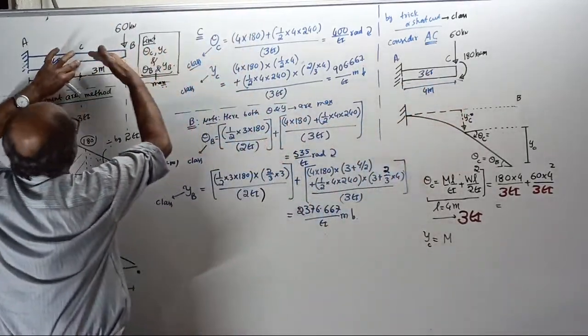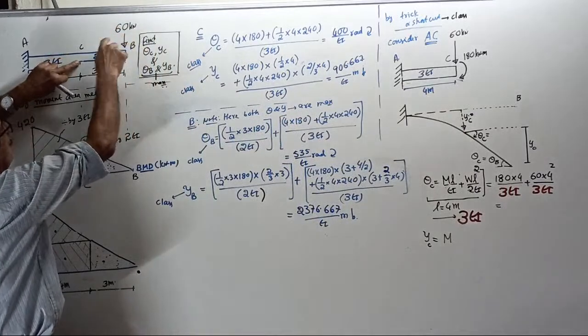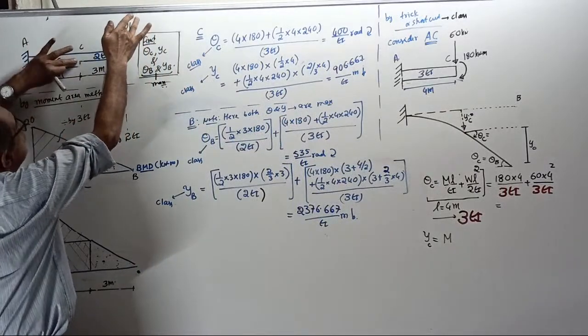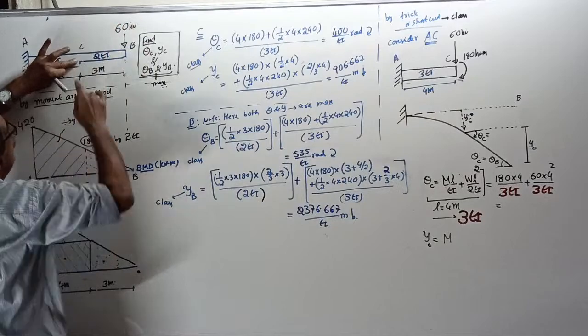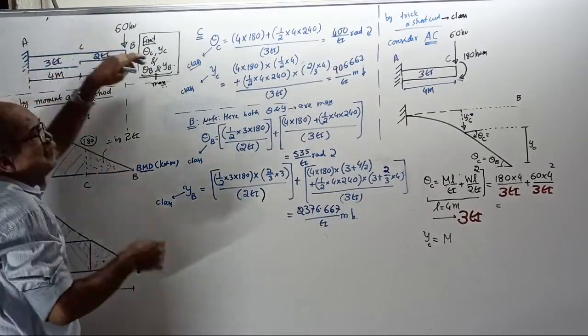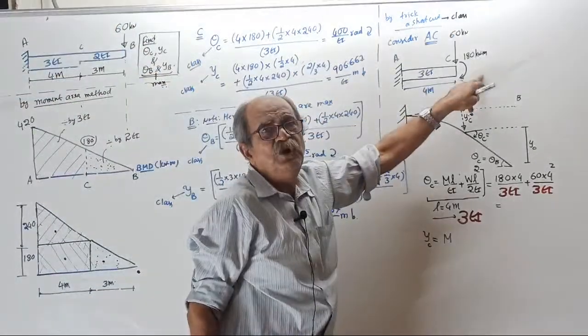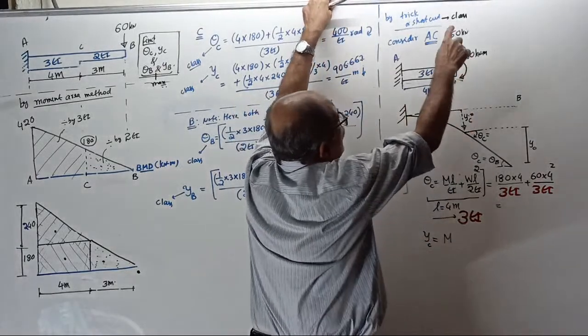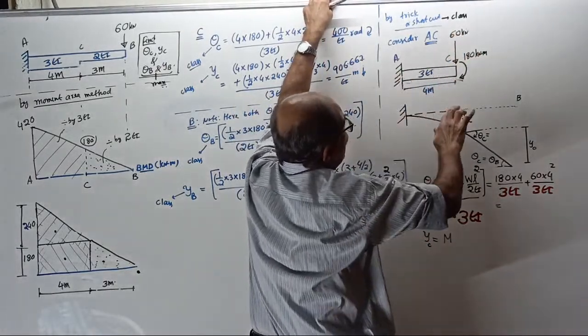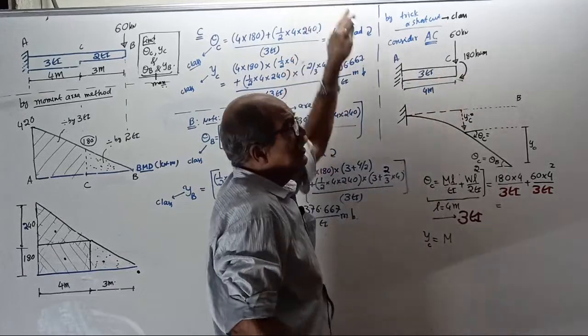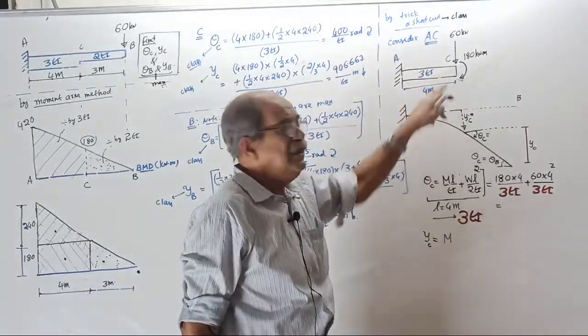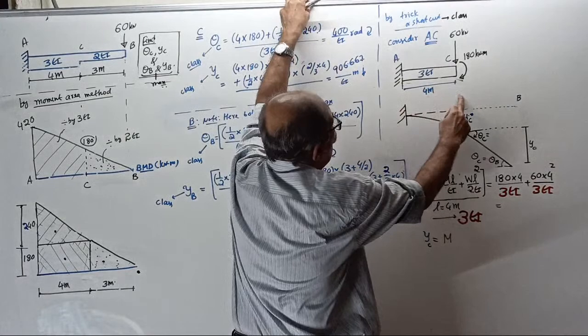And remove this load or replace that load for the AC portion. This load will come here as a couple of 60 into 3, 180. This is all explained for you. You should write how 180 came: 60 into 3, 180. Okay, now this is a cantilever with 3 EI and length 4 meter,